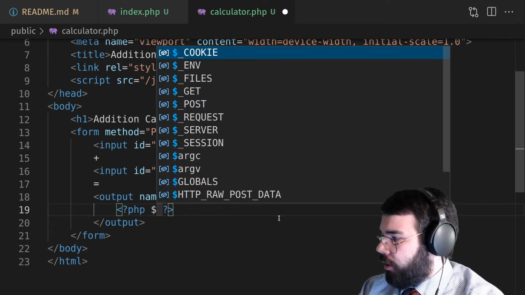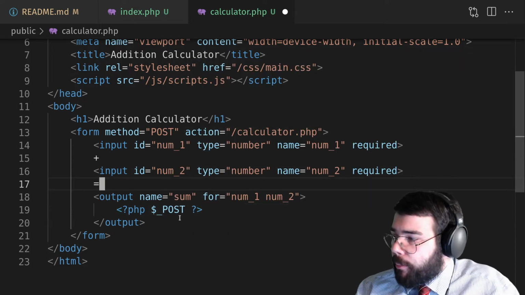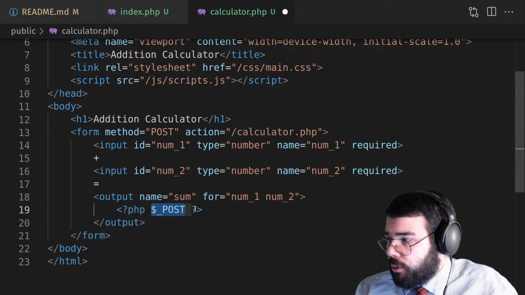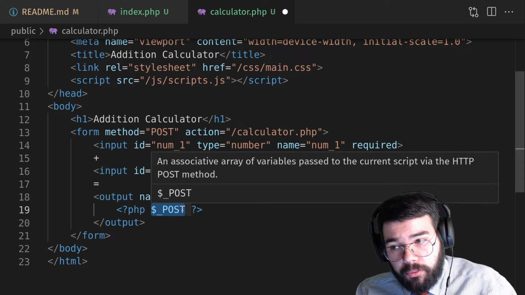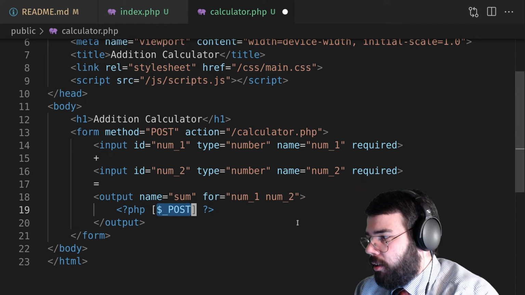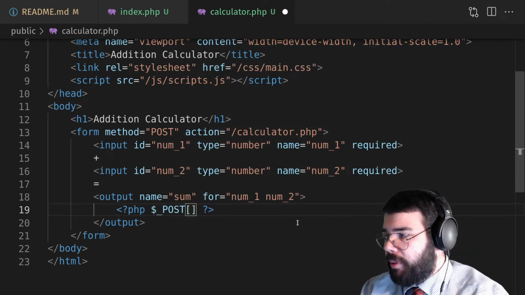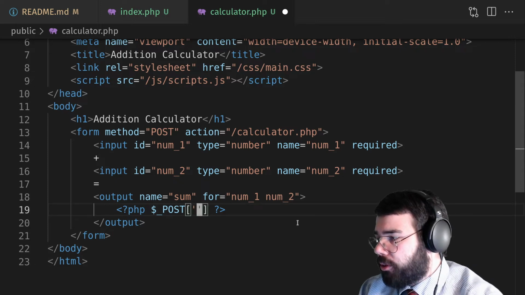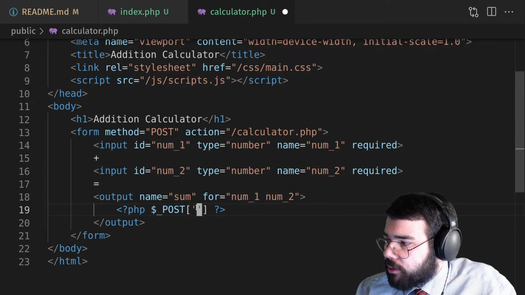Yes, so we want to be using a superglobal. So this here is the post superglobal. There are a few superglobals afforded to us just, again, out of the box. This is to make our lives easy when working specifically with forms. When we submit a form, we can access this superglobal like an array. In PHP, we can access individual indices or keys in an array via square brackets. So we can say post, and then what's in these square brackets has to match just a name of one of our fields. So I can say